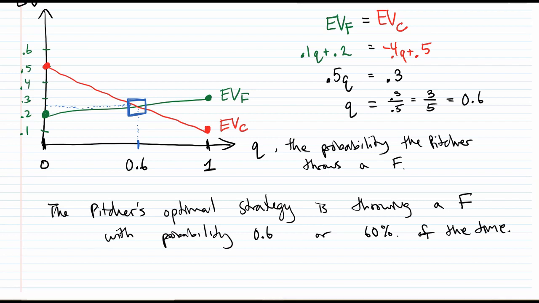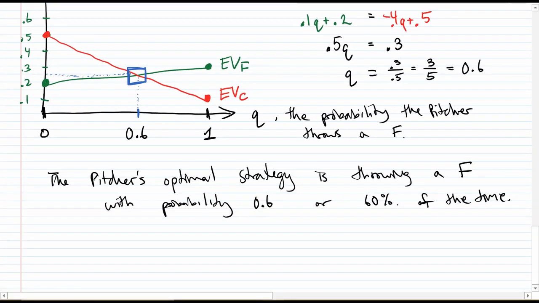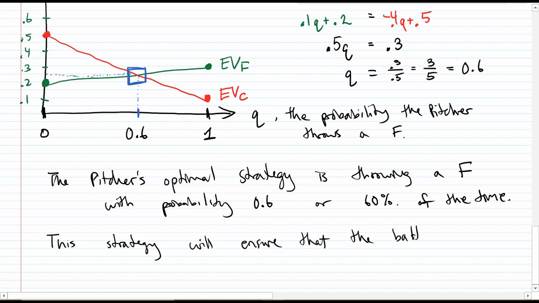Now, what's the expected value? That is the batting average they can expect to keep the batter at. This strategy will ensure that the batter has a batting average of